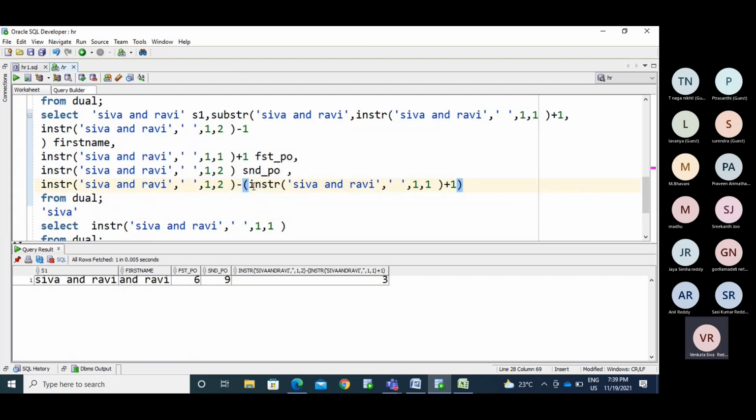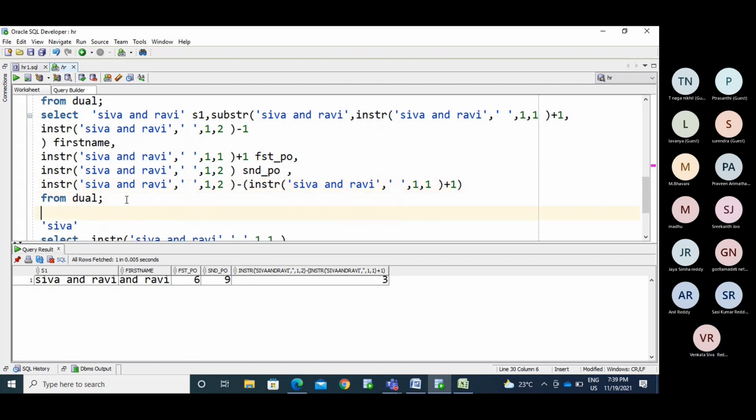So see, the system is getting confusion here. So 9 minus this. To avoid that confusion, I perform this function independently and then do the subtraction from this one. So I am simply putting the brackets. So that is what the system did here.